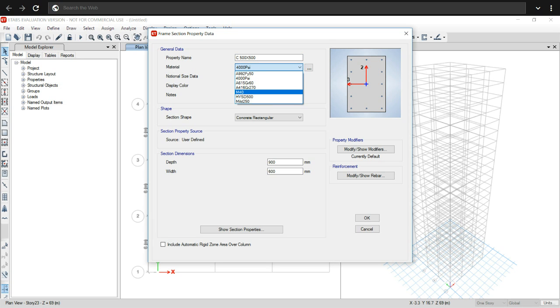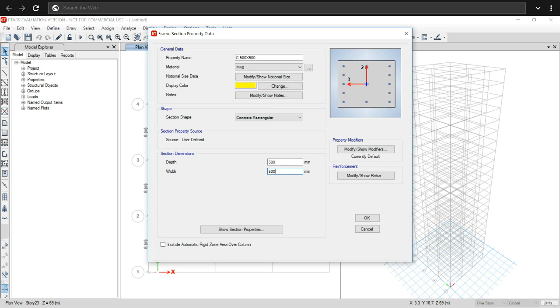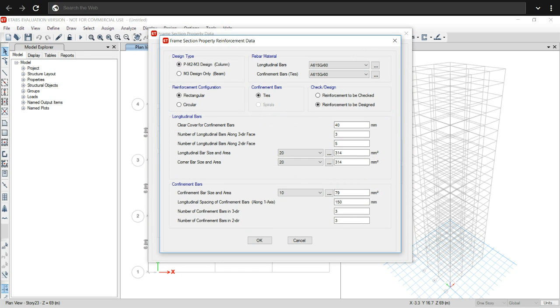Then change its material to M40 as given in the question. Then change its depth and width. Then Modify Show Rebar. Select P-M2-M3 design for column, longitudinal bar HYSD 500, and as confinement bar mild 250. Then OK.